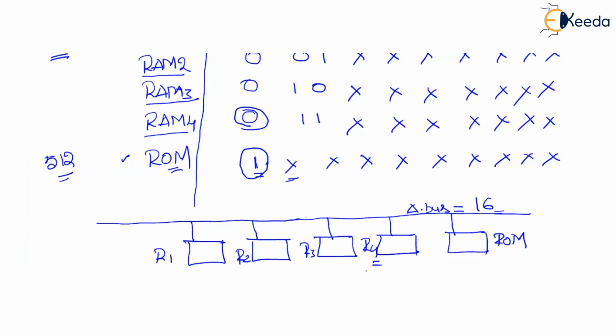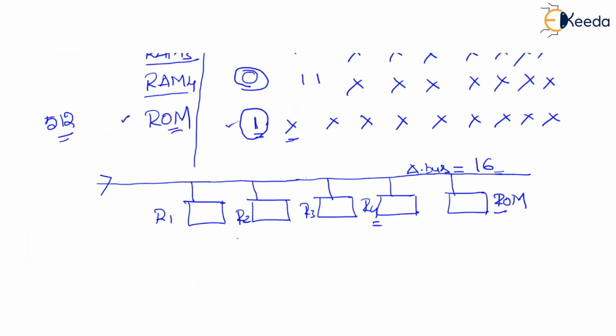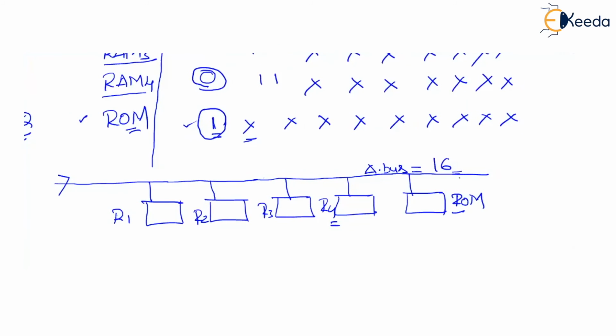Now, how to differentiate, first of all, between ROM and RAM? How is the CPU going to identify whether the module that needs to be communicated is a ROM or a RAM? What we do is observe the 10th digit. If the referenced address has a 1 in the 10th digit, that address reference falls under ROM. If the 16-bit address has a 0 in the 10th digit, that address reference falls under a RAM.